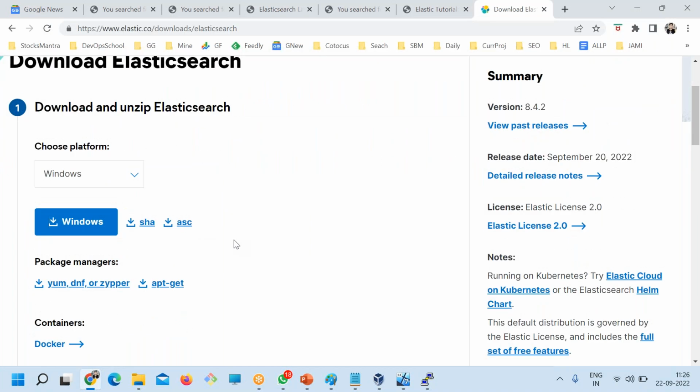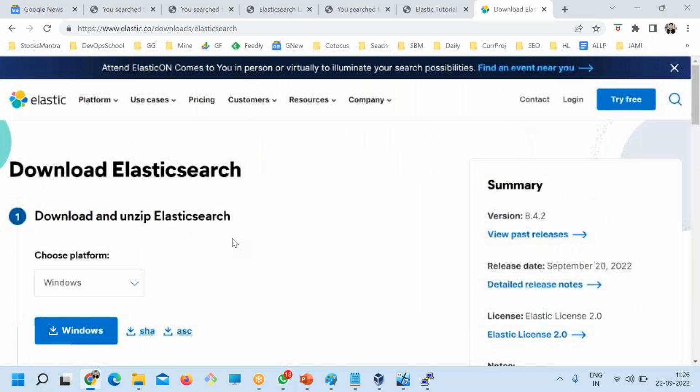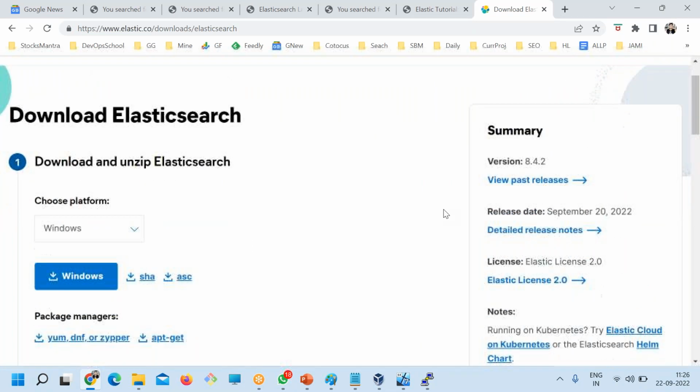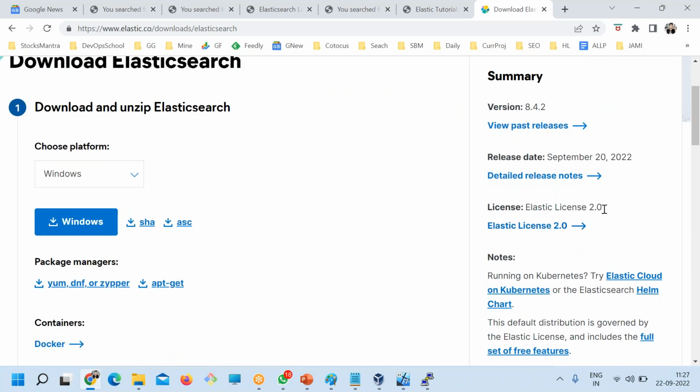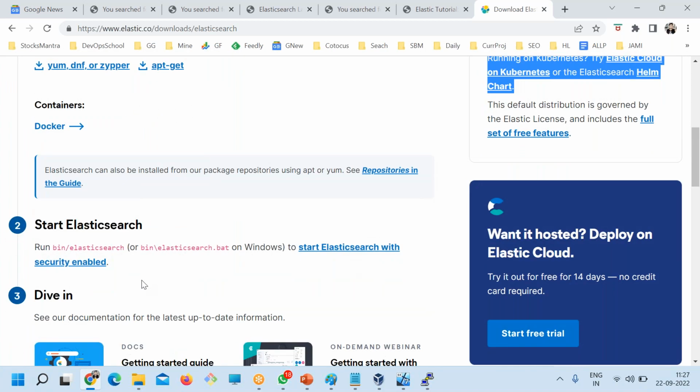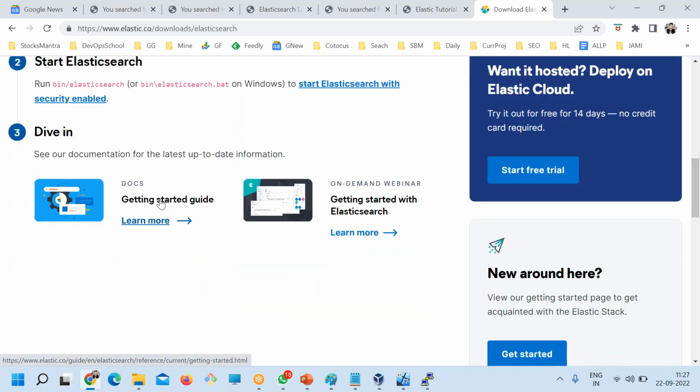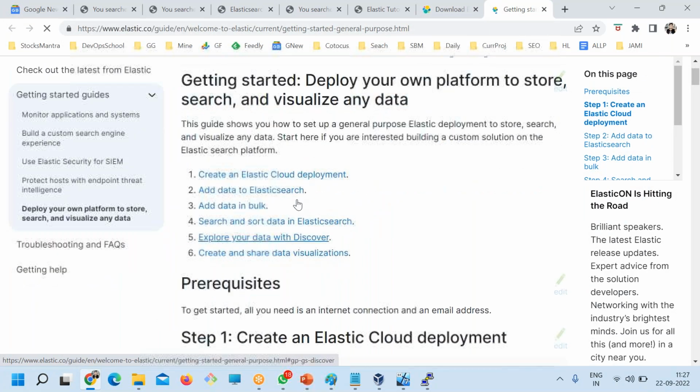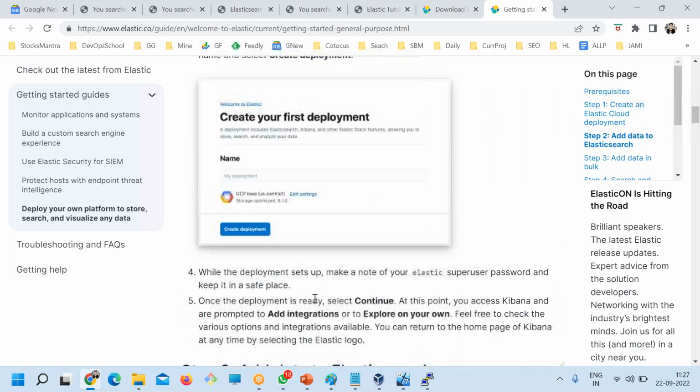Now this is Elasticsearch. Something similar you will have for other products also, and you see the view releases and detailed release notes. This license applies for Elasticsearch. You can in fact run it in the cloud also. And the get started guide, here you have on-demand docs. So beautifully planned. This is not needed. You can directly add data to Elasticsearch, add data in bulk. All this I'll show you, and get started. Okay, so now